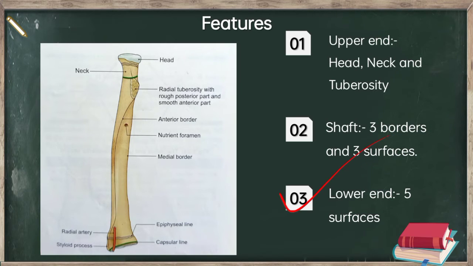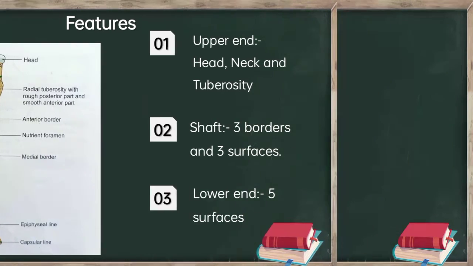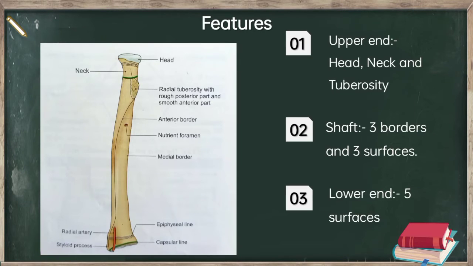It has 5 surfaces. First is anterior surface. Is in the form of a thick prominent ridge. The radial artery is palpated against this surface. So see, this is radial artery. It is palpated against this surface. Now posterior surface presents 4 grooves for the extensor tendon. The dorsal tubercle of Lister lies lateral to an oblique groove.